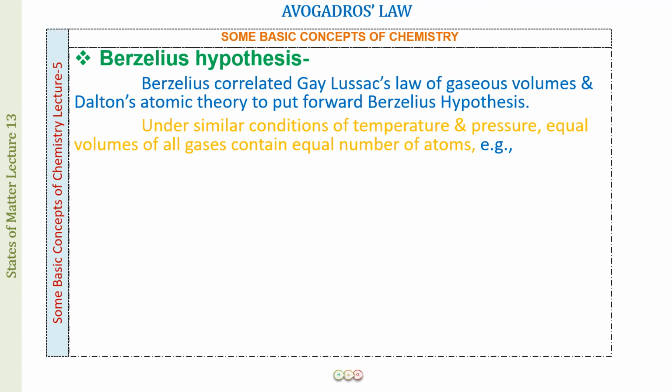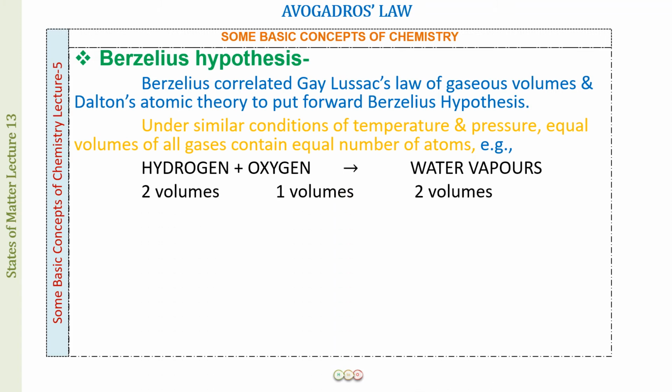And he did an experiment to prove that, and what he found was that when hydrogen and oxygen combine to give us water vapors, all three gases, please do remember, it is going to be a relationship of all gases only. Do not just write simply water, because water is going to be a liquid, right? So hydrogen gas combining with oxygen gas to give us water vapors, and what he found was that two volumes of hydrogen combine with one volume of oxygen to give us two volumes of water vapors.